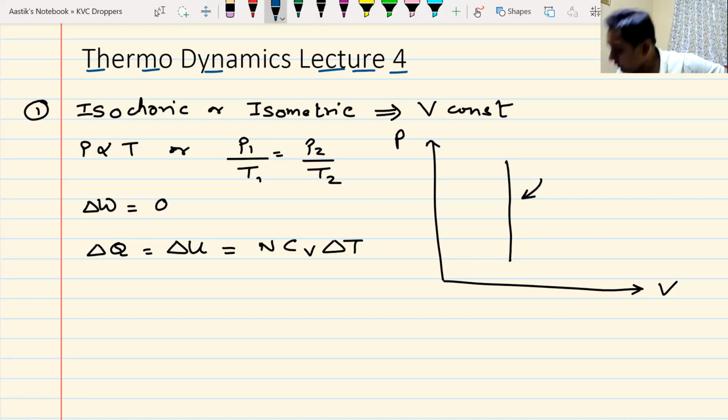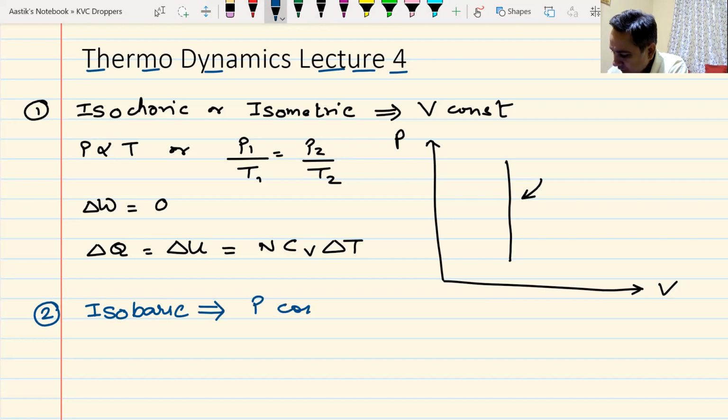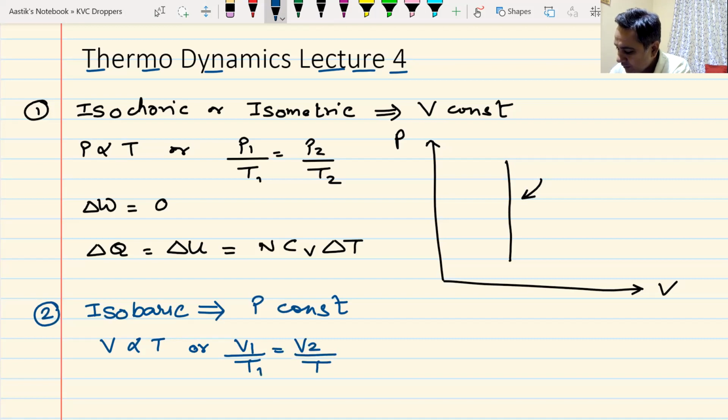Yes or no? Okay. The second process that we did was isobaric. In this isobaric process, we know that pressure is constant. If pressure is constant, only volume and temperature change. V is directly proportional to T, or I can write V1 by T1 is equal to V2 by T2. Do we all recollect this? Yes or no? Okay. Then,